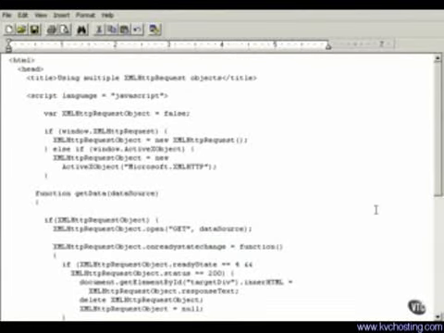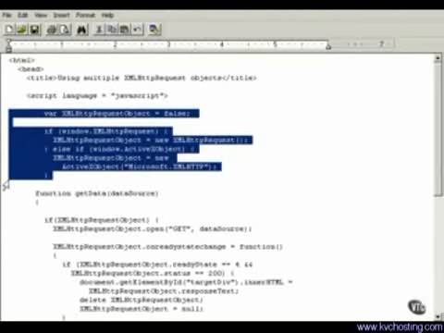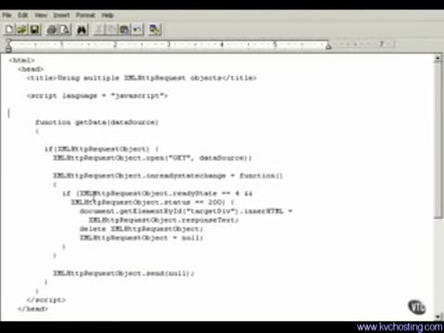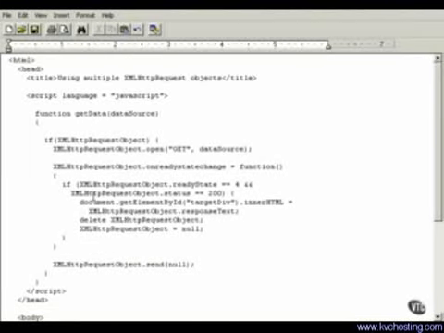How do you actually modify the getData function to create multiple XML HTTP request objects automatically, as needed? As you see, in this case, this creates a single XML HTTP request object like this, and then it's used inside the getData function. How do you modify this JavaScript so that multiple XML HTTP request objects are created as needed? All you have to do, it turns out, is take this text out and place it here